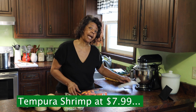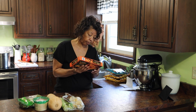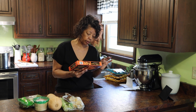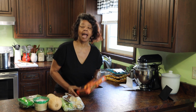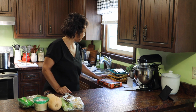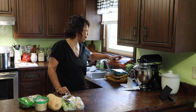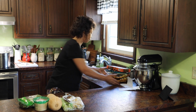It was $7.99 for the tempura shrimp, and it is supposed to serve 3.5 servings with 3 pieces apiece. So my husband and I could probably eat the whole box, but again, have this with rice and some other veggies. So I got this for $8. So we're looking at 5, 10, maybe 15, almost 20 plus this 8. So we're looking at my $30 was almost spent right here